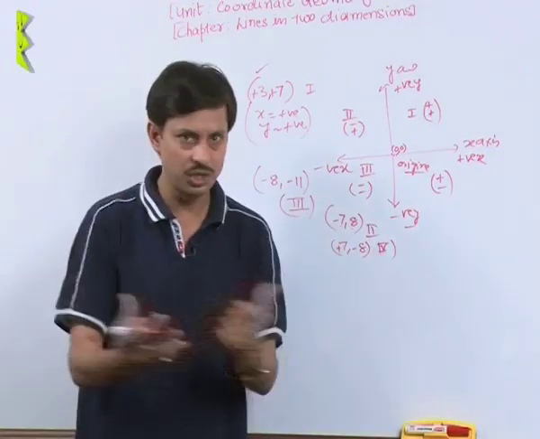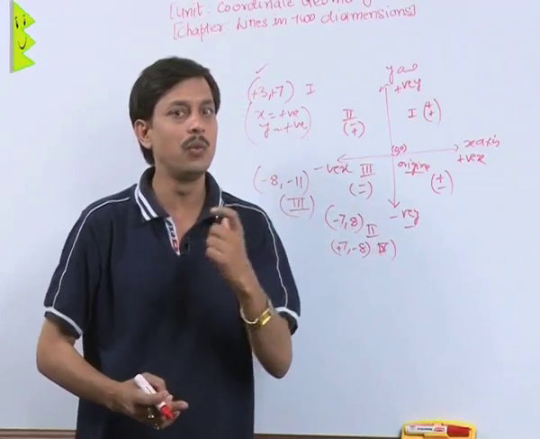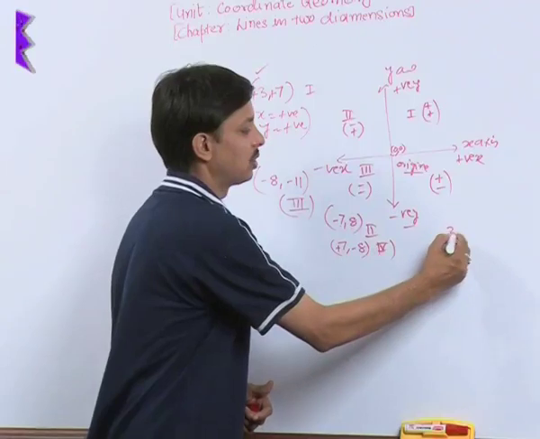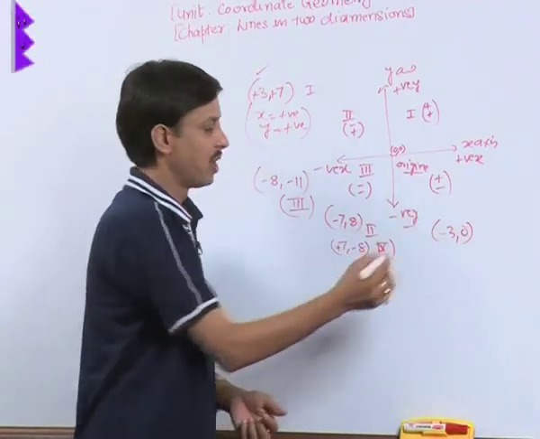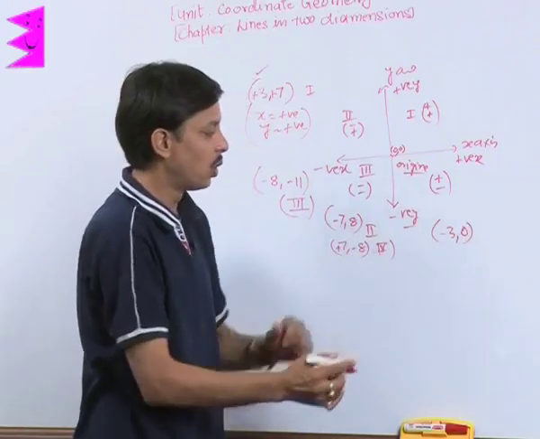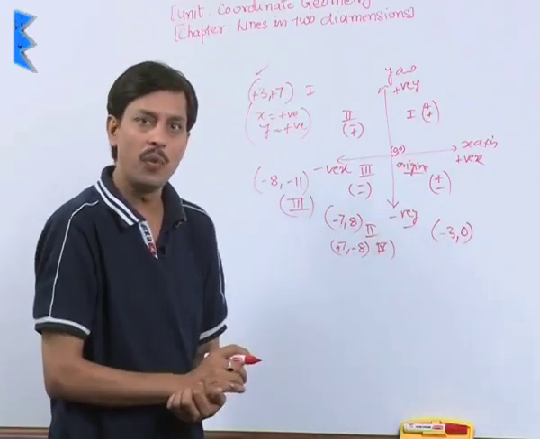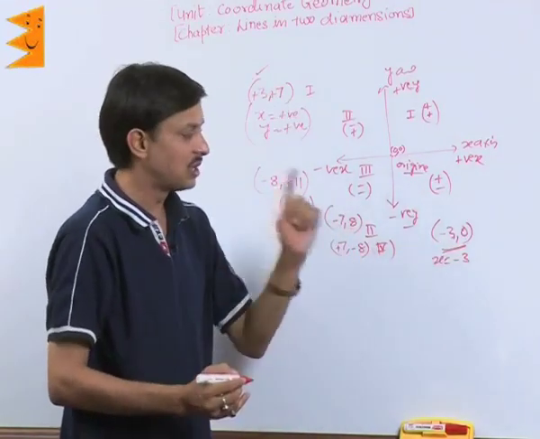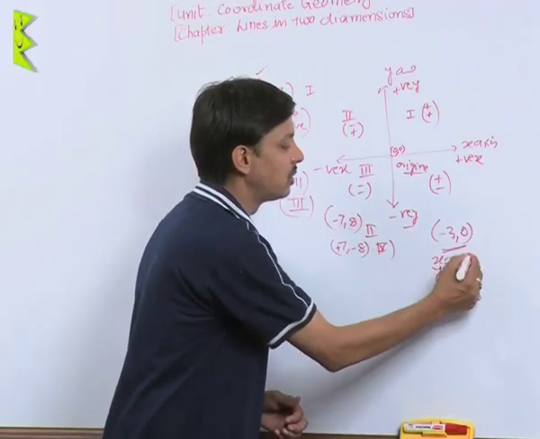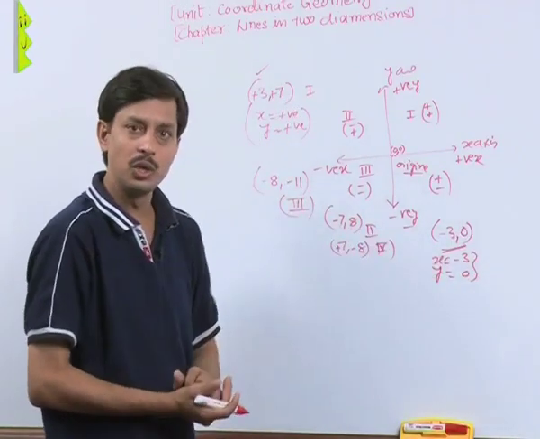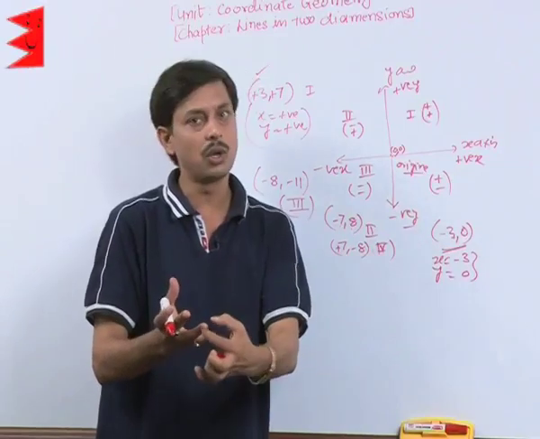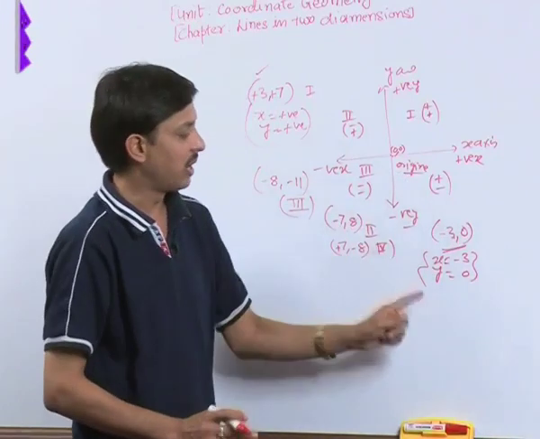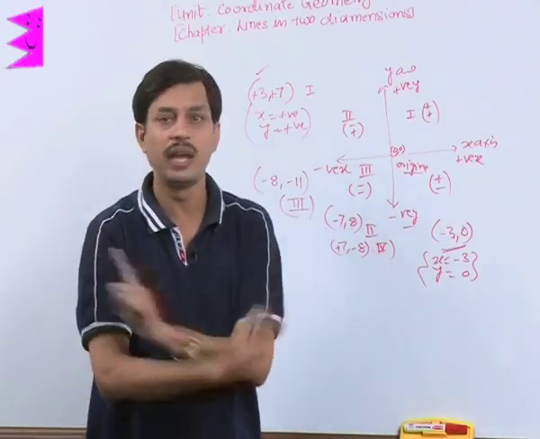I am asking you a question where you will definitely wonder how to answer. What is the question? Suppose the coordinate (-3, 0). In which quadrant does it lie? The first value is the value of x. Here x is -3, so the abscissa is negative, and the value of y is 0, meaning the ordinate is 0. Zero has no sign, plus or minus. So this point (-3, 0) does not lie in any quadrant.